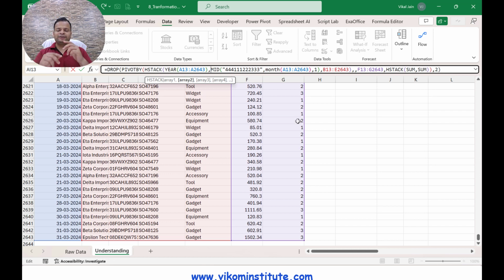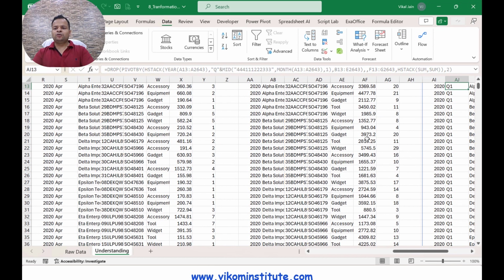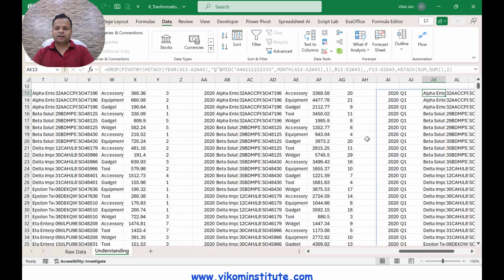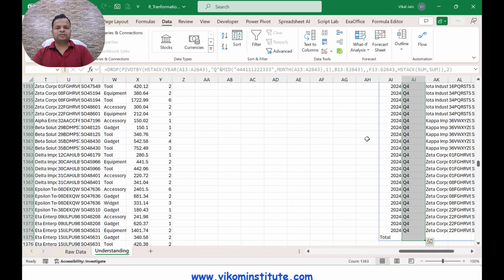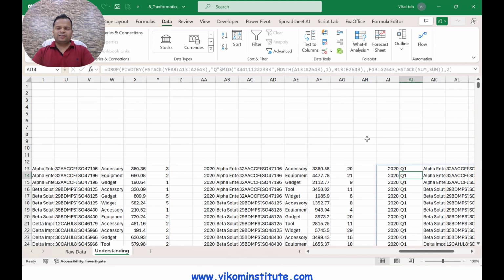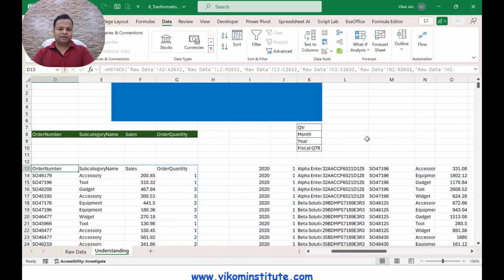If you want to concatenate a keyword with it, you can simply concatenate. So I'm going to use Q, and here is the final function for the fiscal quarter, and enter. You will see it has taken quarter one as the fiscal quarter. Again, the number of transactions is 1363. So now my four reports have been generated.